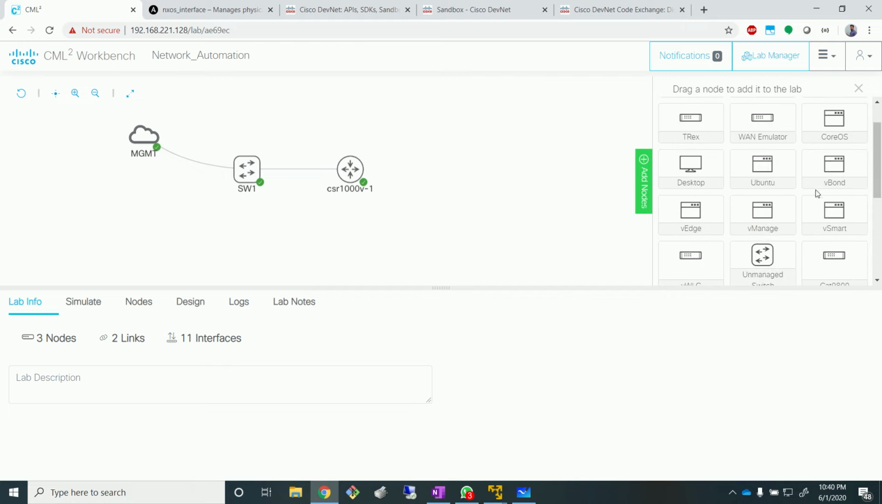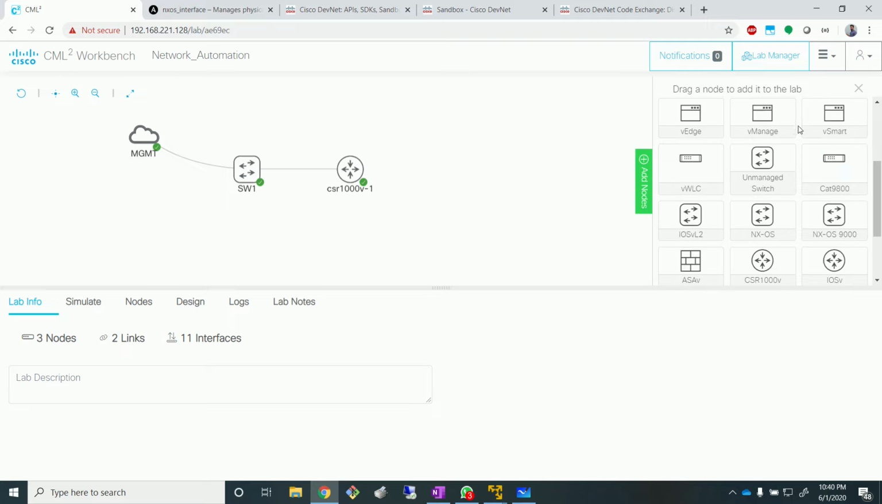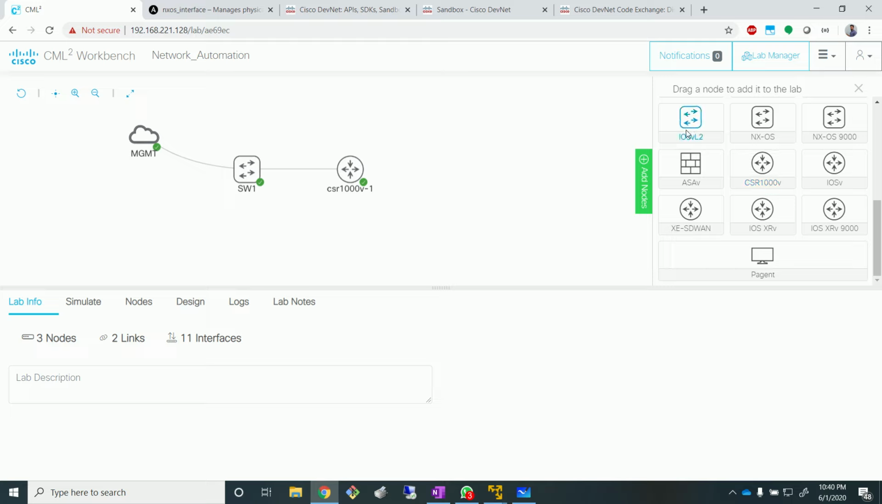You can see your nodes as well, right? Your Ubuntu devices. I see vBond, vEdge, all the SD-WAN devices. You can see IOS, Nexus, CSR 1000, all of that. You can put that